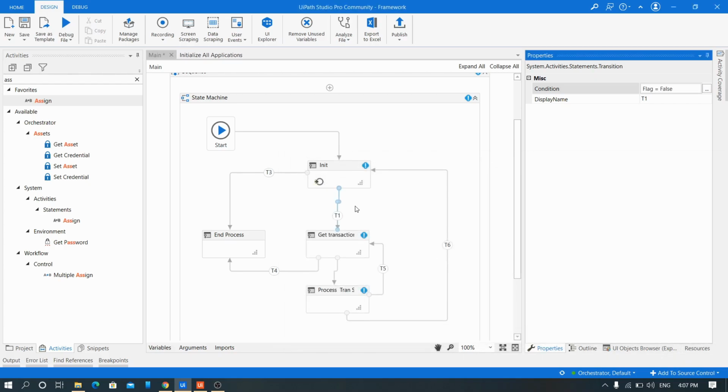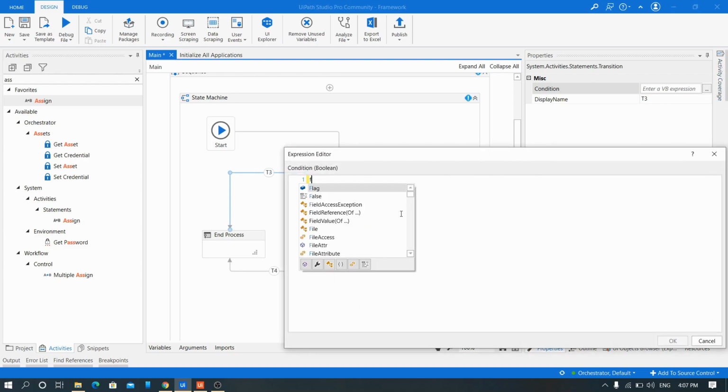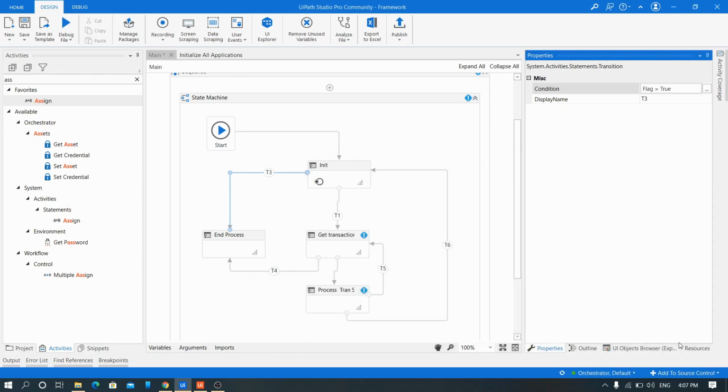Simple as that. Done. Now when to go with the third workflow, I mean to say T3 workflow, when the flag is set to true. That means I have got one error. Let me not just continue with the workflow. Let me just stop it there. T3, T1, I don't think this is easily understandable. So what we will do, we'll rename this T3 as error.